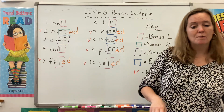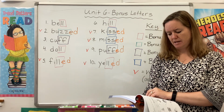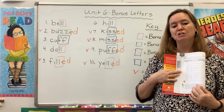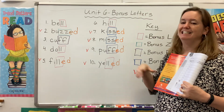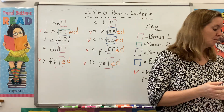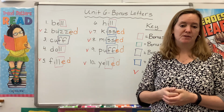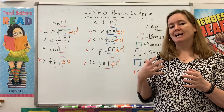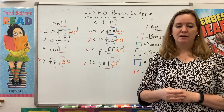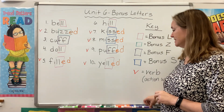You're going to get more practice with that when you turn your book to page 44. There's a whole bunch of words that you're going to add ed to. But then on the next page, when you try to make the past tense of these words, you're going to find out that they're rule breakers. Just like man and men are rule breakers, tooth and teeth are rule breakers. We have a whole bunch of rule breakers when we talk about verbs. For instance,